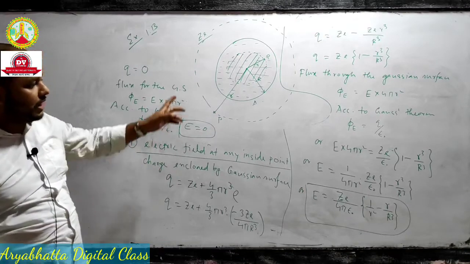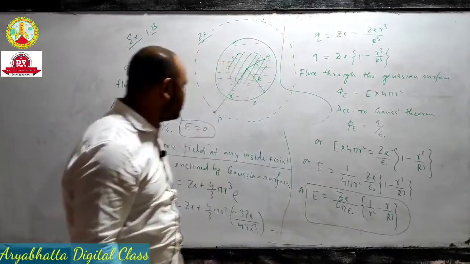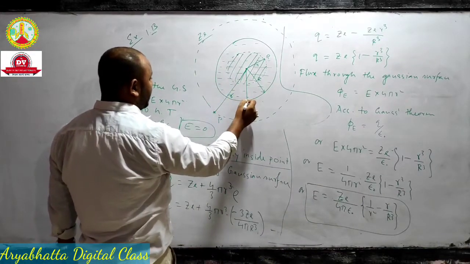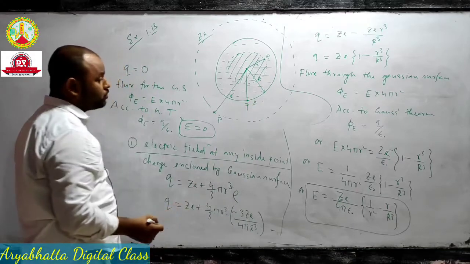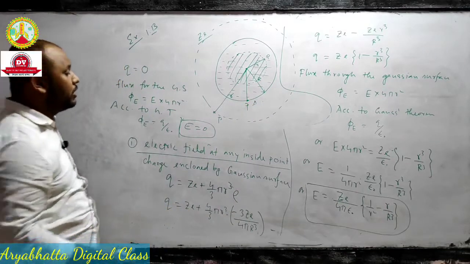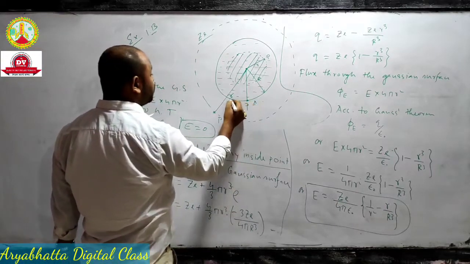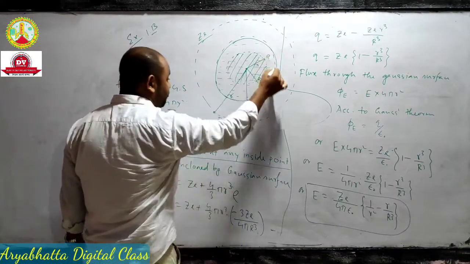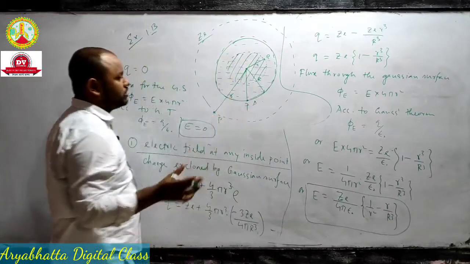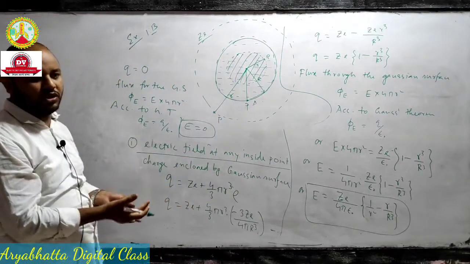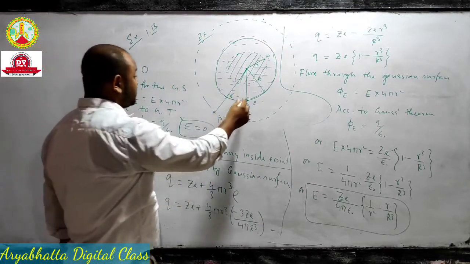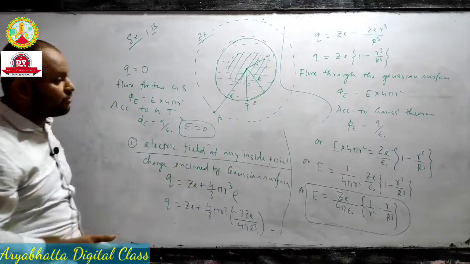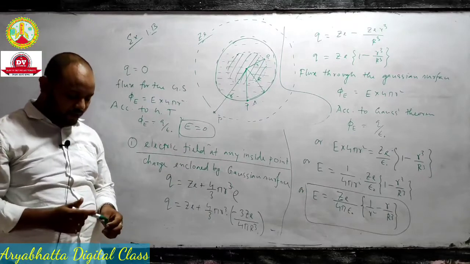Okay, at an inside point, this is the value of the electric field. If you take the point P on the surface, then also the electric field will be zero, because if the point P lies here, then this will be the Gaussian surface, and this Gaussian surface will enclose a net zero charge. Because the atom as a whole is neutral, this Gaussian surface will also enclose a net zero charge, for which the electric field will be zero.